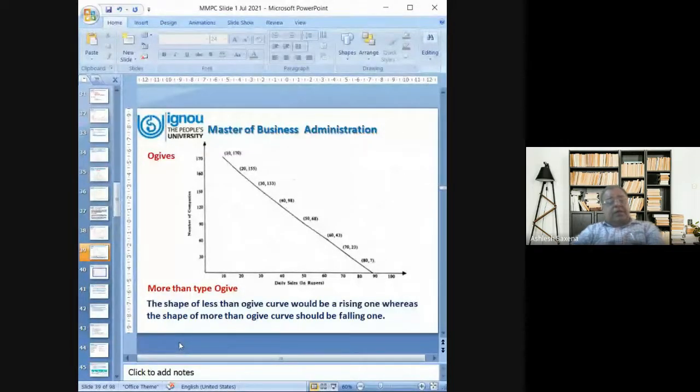Now the shape of the less than ogive curve is rising in nature, and for the more than ogive, it is coming down. And where these two lines meet,